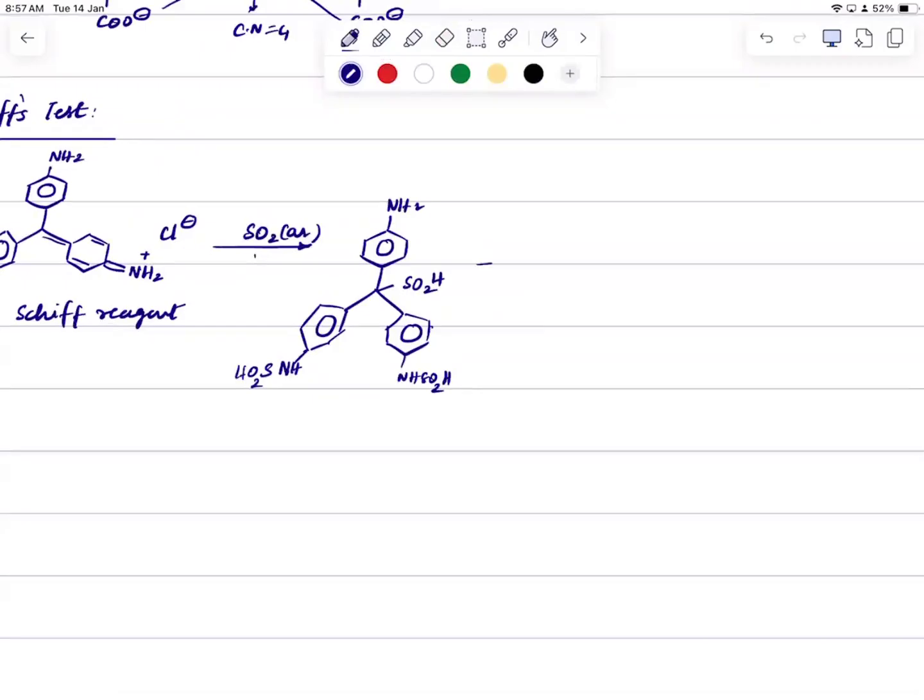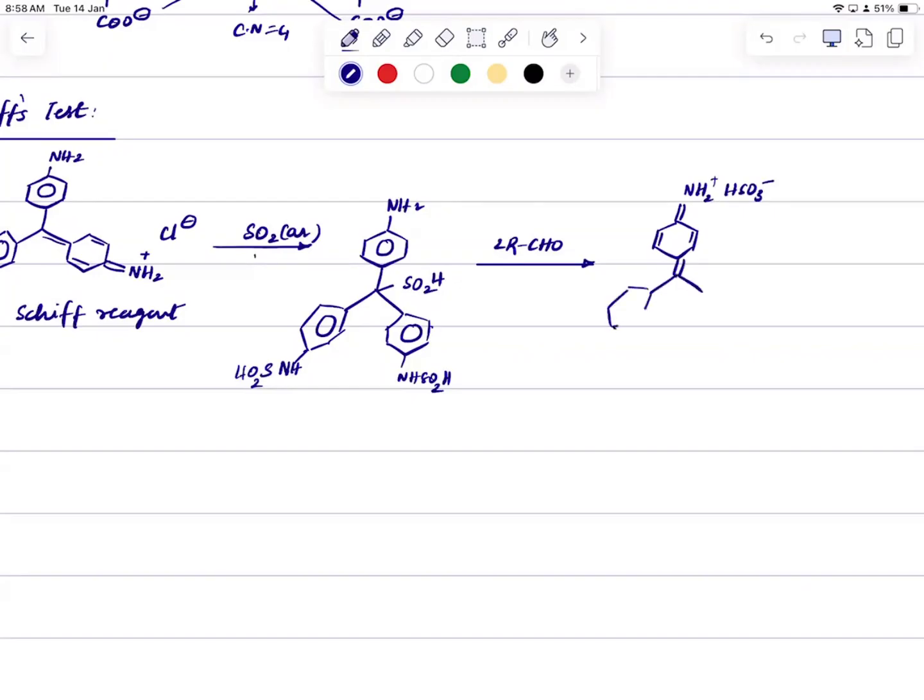Now, when you treat with aldehyde, 2 moles of aldehyde here, correct? So these 2 moles would start making a bond with this OH here, and remove this OH here, and that will retain back the color. Okay. So this would have the structure as double bond NH2 plus, and HSO3 minus, double bond like this,